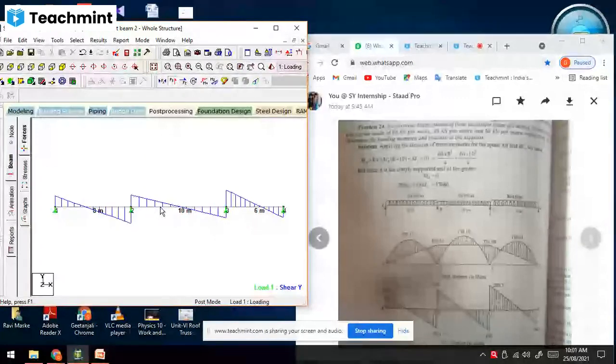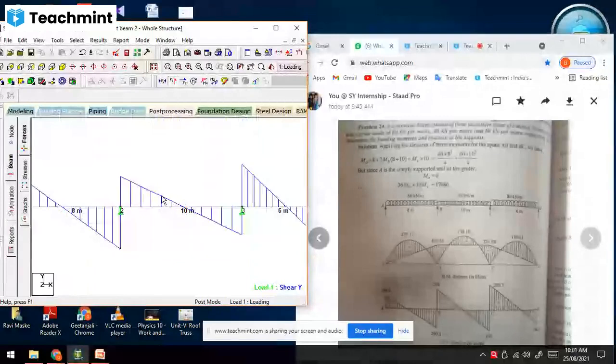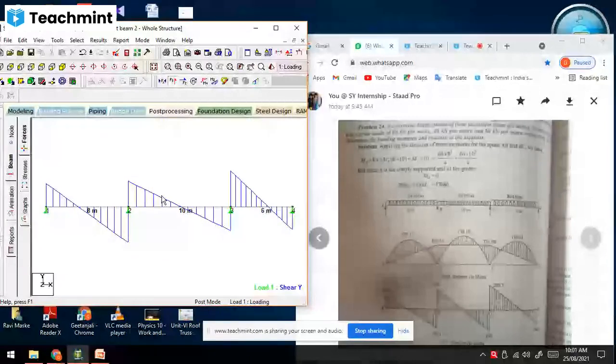Now we will go to the shear force diagram. So now we'll see the values.